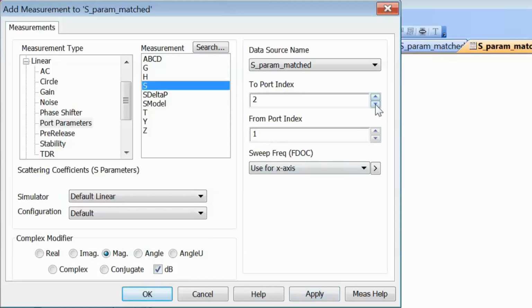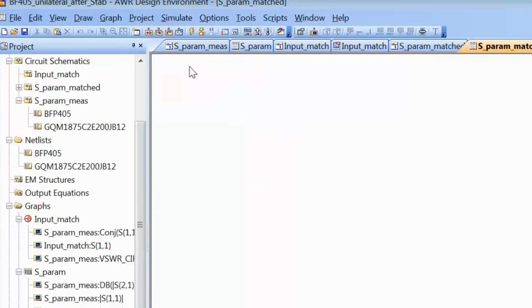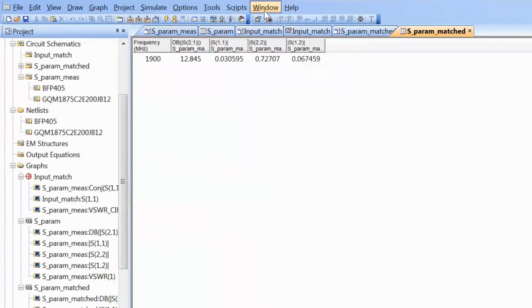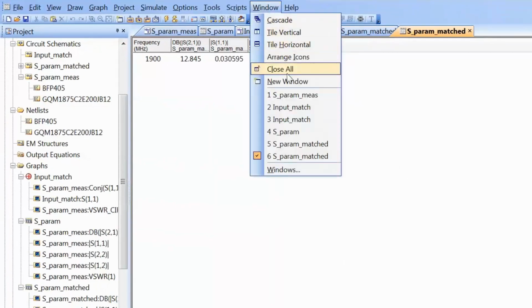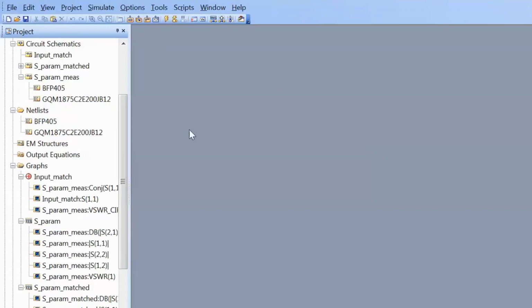Click on apply. Then we have S11 as a magnitude. Then we'll have S22 again just as a magnitude, and then we'll have S12 also. Click on apply and then OK. Then simulate. Now what we can do is go to Window, select Close All, and then just reopen the two